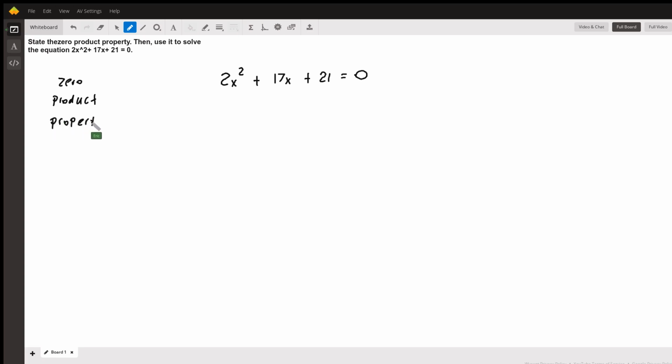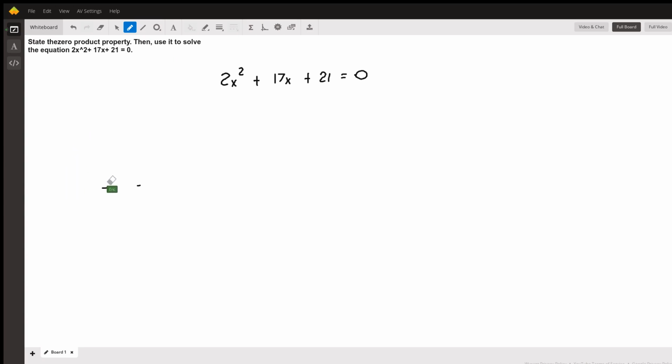So let's first go over what the zero product property is. It tells us that if we're given something like a times b equals 0, then either a or b equals 0. Another example would be if we had x plus 5 times x minus 3 equals 0, then either x plus 5 equals 0 or x minus 3 equals 0. So if two terms are multiplied together to equal 0, either one term or the other term must equal 0. Now that we know that basic idea, it's going to help us solve this